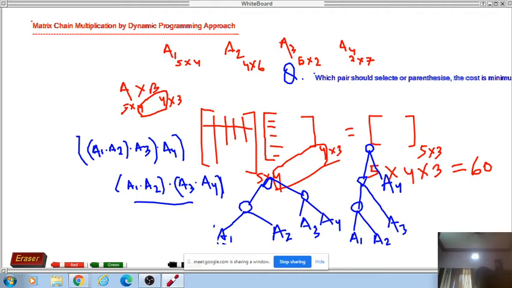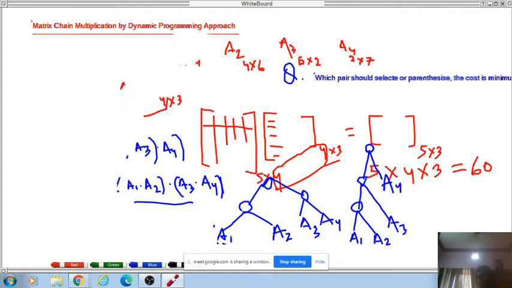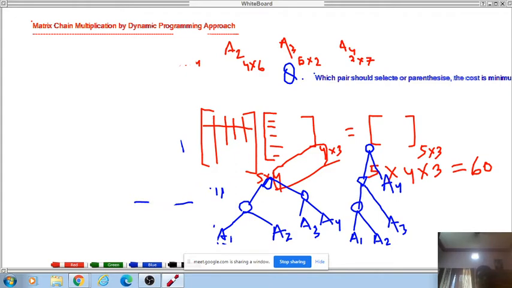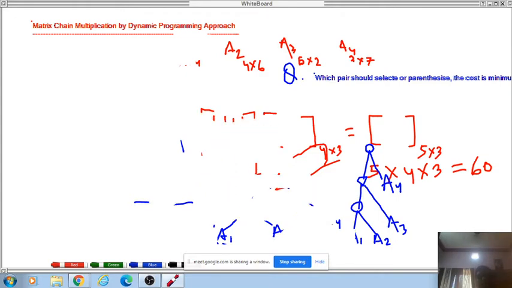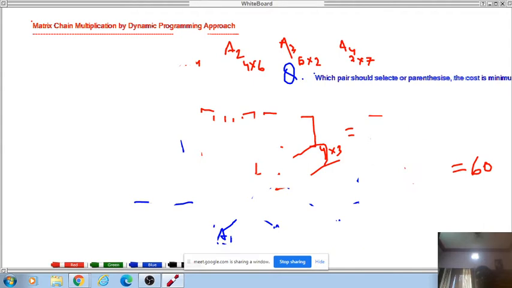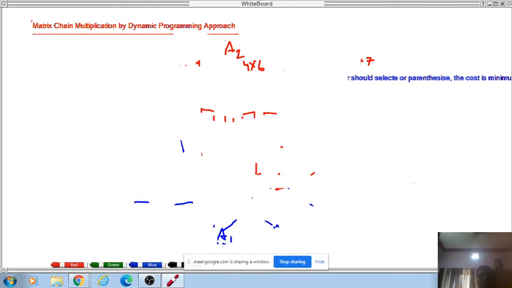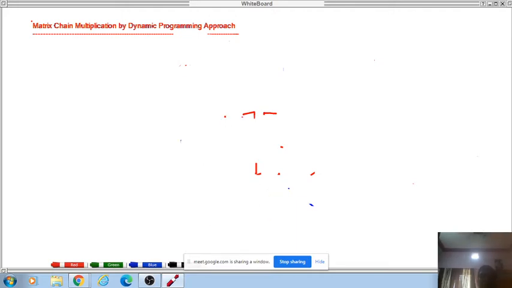By the dynamic programming approach, we will do this matrix chain multiplication, because we have already made clear the objective of the dynamic programming approach, and how it is used to solve different kinds of problems. We already learned the traveling salesman problem, and we have also done finding the longest common subsequence. So in this way, how can this be achieved for matrix multiplications? So what is the approach?